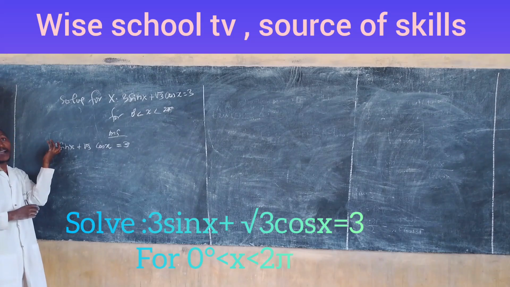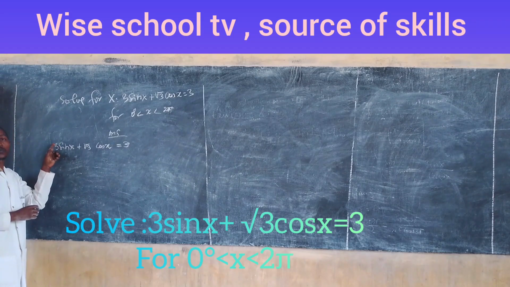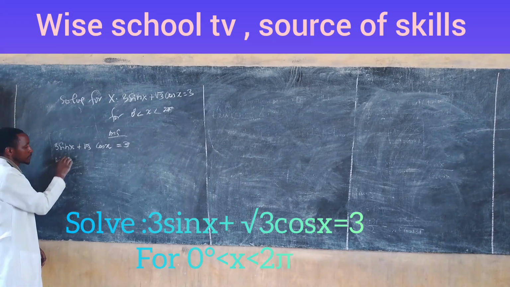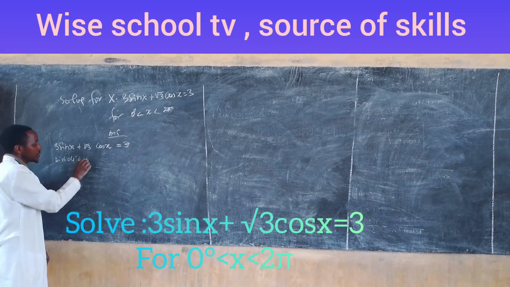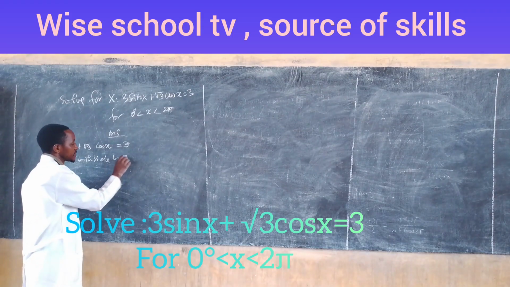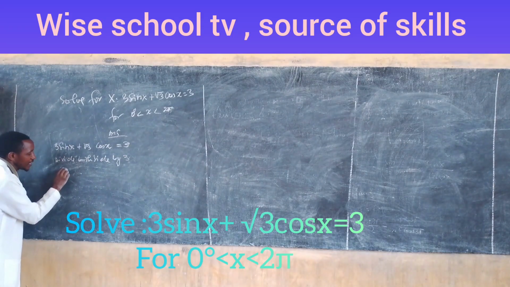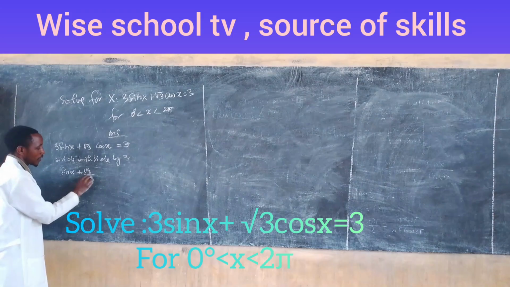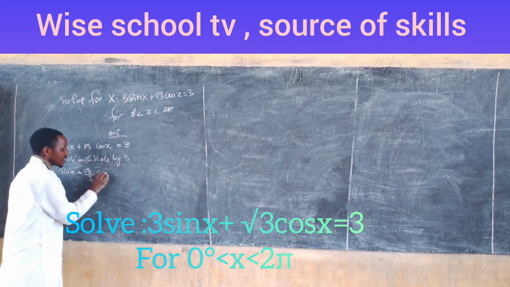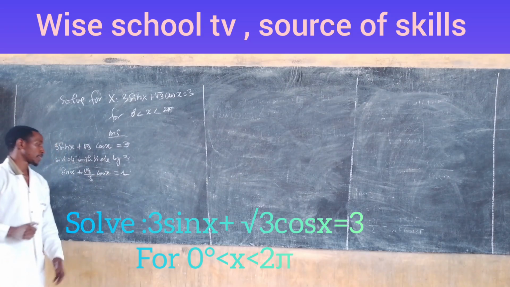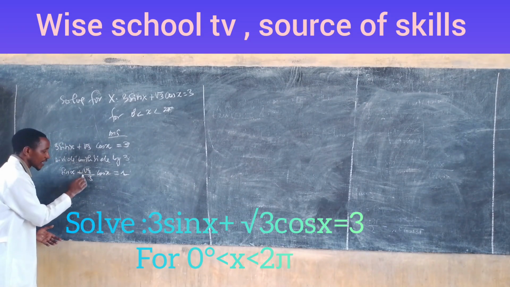We can find these coefficients is equal to 1. For example, simplify or divide both sides by 3. We get sine of x plus square root of 3 over 3 cosine of x is equal to 1. So transform this,